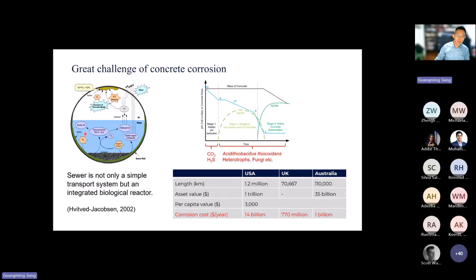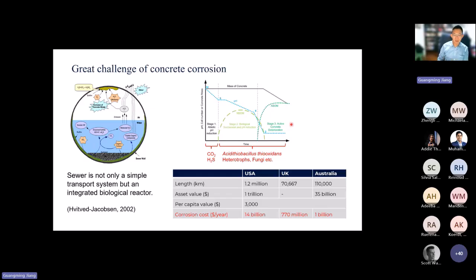And a significant part is the sulfate. Sulfate reduction can happen in the wastewater, especially under anaerobic conditions. Then the H2S can partition into the gas phase. And on the concrete surface, you will have sulfide oxidizing bacteria, which turn that into sulfuric acid. The acid then reacts with the cementitious material, which leads to the loss of mass and the loss of structural strength, etc.